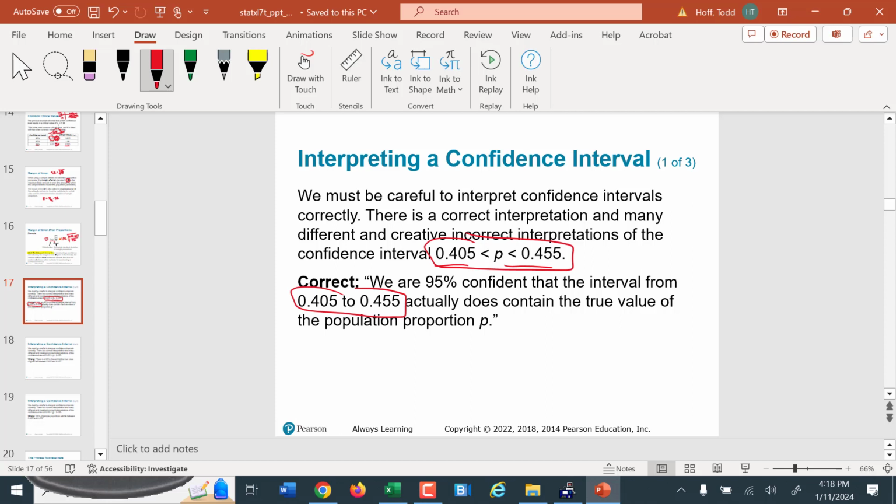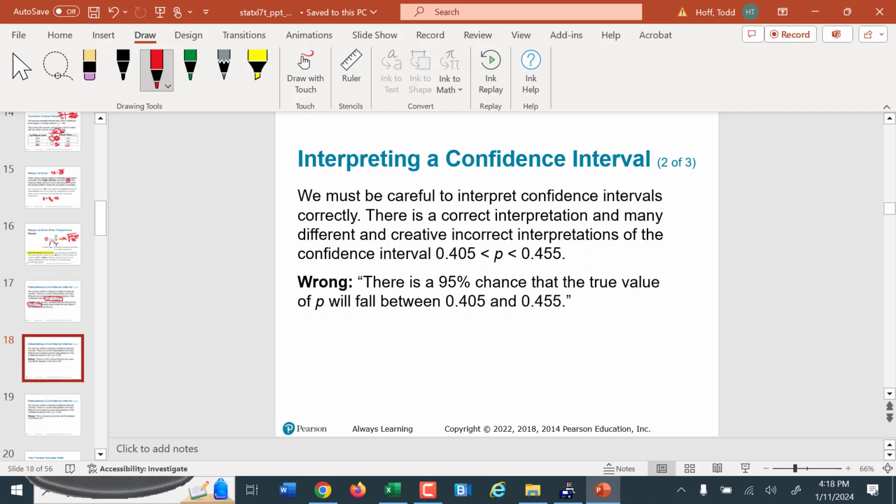Notice what we did not say. One of the things we did not say is there's a 95% chance that this contains the population proportion, because that's not true. Remember, probability and chance only apply to future events. Once we have created the interval, either the true proportion is in it or it's not. There is no chance or probability involved there anymore. So saying there's a 95% chance that the true value of the proportion is between 0.405 and 0.455 is technically